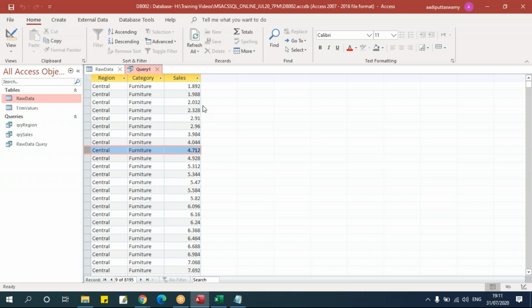Since it's a number, many values will not be the same, so it is just giving me the entire data. You can see that out of 9,994 records, it is showing 8,190. That means there are few common values which got grouped. But I don't want it like this. I want the sales column to be sum. That is, it should give me the total. That is, for the combination of region and category, I should get the total, or only region, the total of sales.